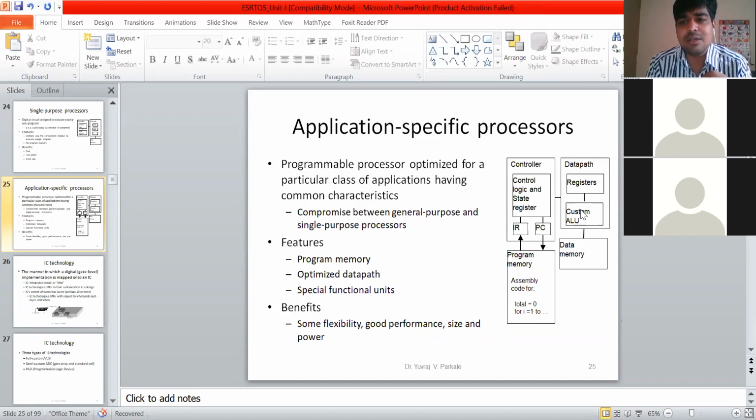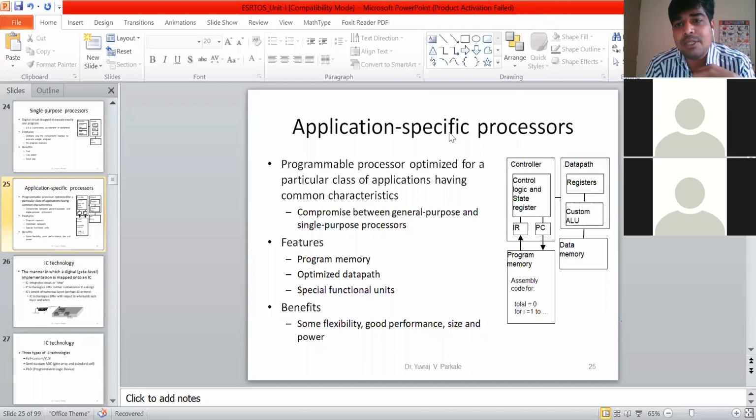Custom means highly specific; it is not general. There are only two types, either a general ALU or a custom ALU. A general ALU means you can perform different tasks. A custom ALU will perform only the task for which we have designed our processor. Custom means it's all about the given specifications. That is very important. Custom means application specific.